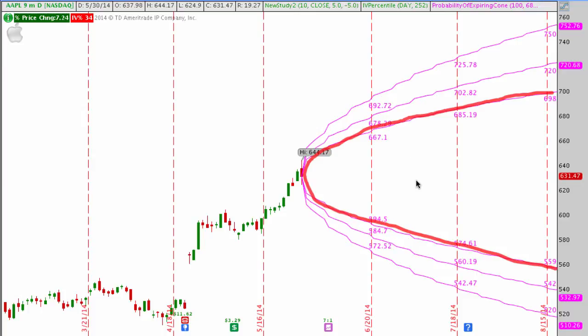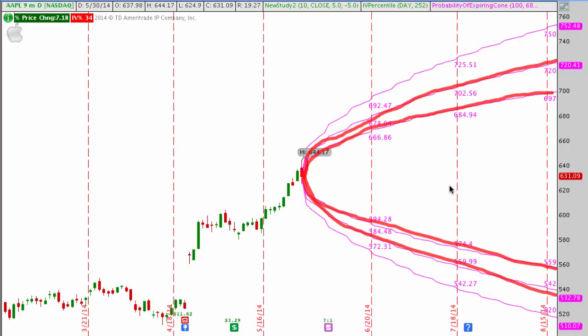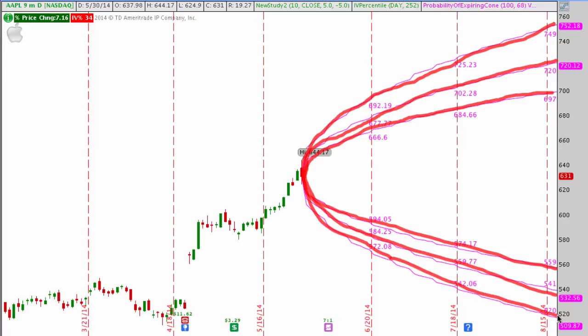Now, if we want to be even more sure about the trade and say, you know what, I want to trade at the 80% probability level, meaning I want to trade with 80% chance of success, then we want to trade outside of that range and just a little bit further on either end. So now we have that other probability cone that's getting out a little bit further. And again, just going one other degree, if we want to say, I want to trade with 90% chance of success, so I really want to be sure that if I'm selling a spread, that I have real good odds of success, then we go even further out on the distribution graph here, and it gives us a wider range and basically tells us to move our strikes even further out.